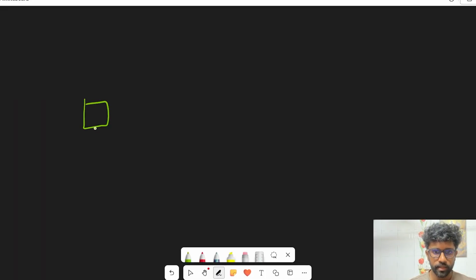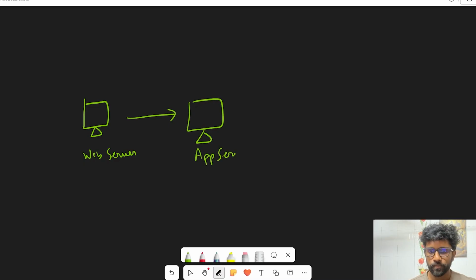In the previous video, we saw web architecture and we saw 3 components to it: web server, app server, and database server. I would want to add one more element to it. Let me draw the diagram first. So we had web server, we had an app server, we also had a database server.